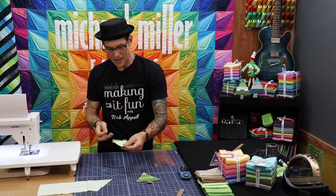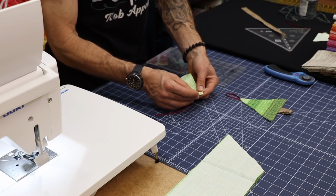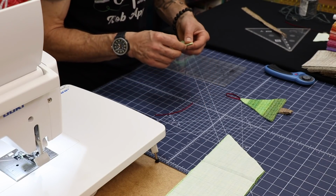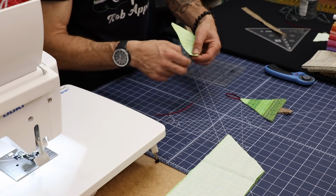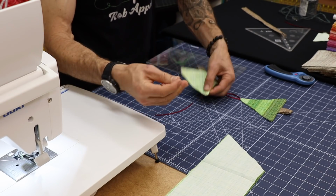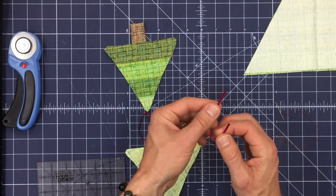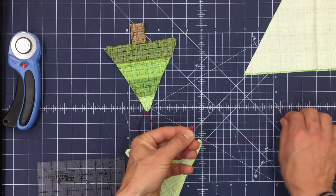And what I did for that is I actually just went through the back edge so that I didn't have any of that thread showing up on the front. And I first just went in and did myself a little loop, knot here, so that's secure. Like that. And then take your ribbon, pinch it in half, match up your little edges down there, and you can first start,